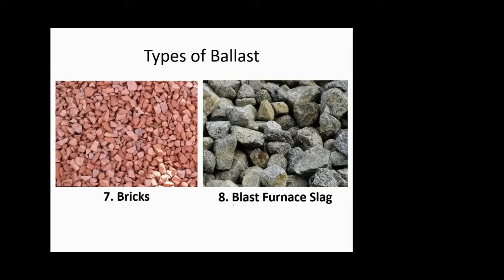Then the next you have blast furnace slag. Now, if you have not heard this term before, this is nothing but the residue which remains after the processing or manufacturing of steel, or some other metal. So mainly steel. Whatever is the slag or the metal which remains at the bottom of the furnace, that is the blast furnace slag. You have this available in different sizes. Here what you see is the largest size available for blast furnace slag, but you also get blast furnace slag in the form of powder. But for ballast, you need some coarser material, so that's why we use this size.